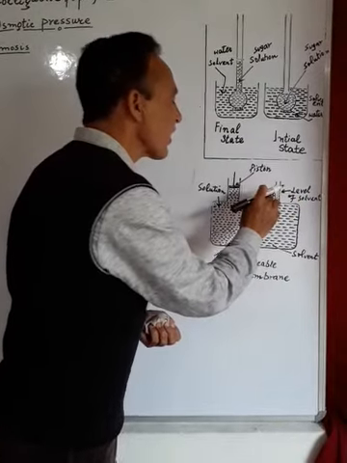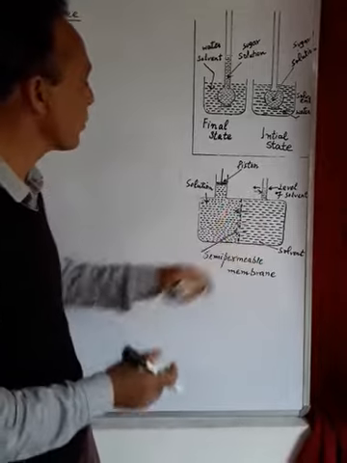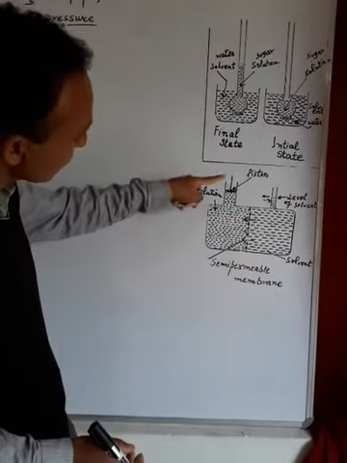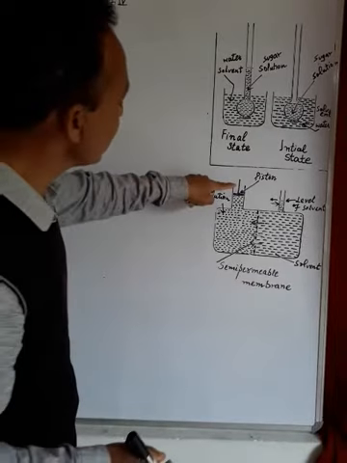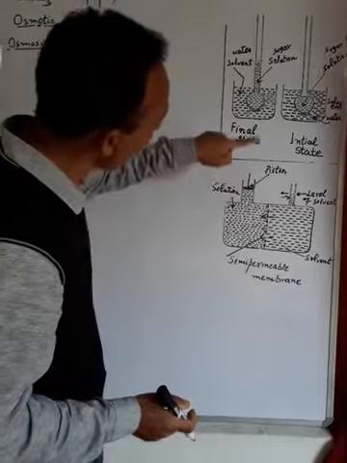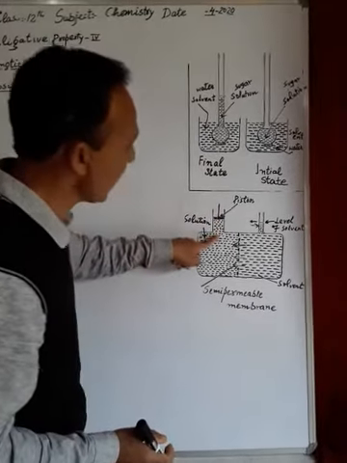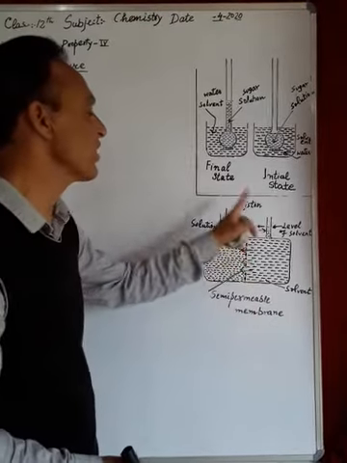If it remains constant, that means we have stopped the movement of the solvent into the solution. Thus, the external pressure applied on the piston, or on the solution, to prevent the flow of the solvent into the solution is also